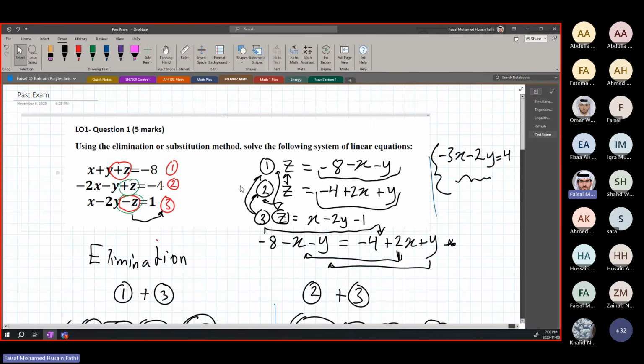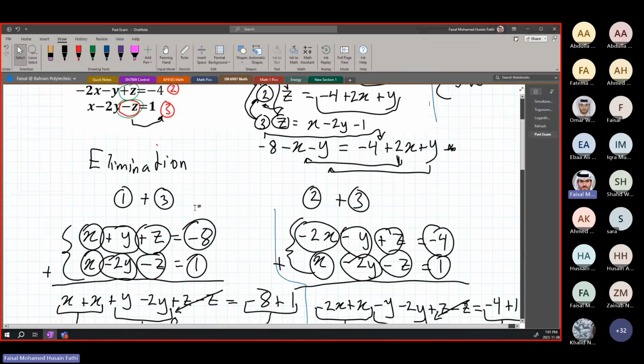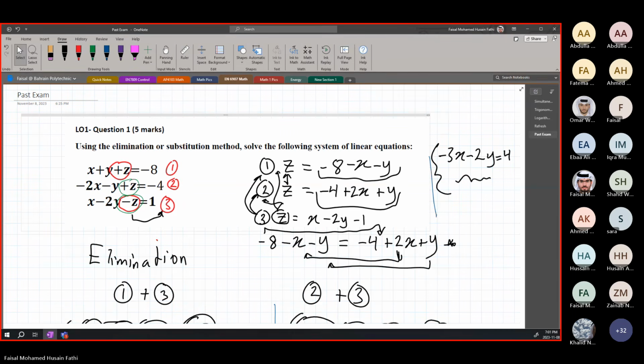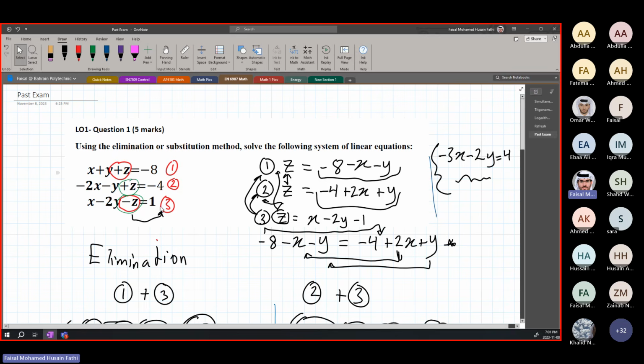You might get a question which specifies, for example, use the elimination or substitution method. So if we choose elimination, this is the way, and if we do substitution, this will be the substitution. Applying 1 and 2 will work, but there will be one extra step. What is the difference? With 1 and 2 you're just going to have to multiply one of them by a minus. Okay, so let me just show you real quick.